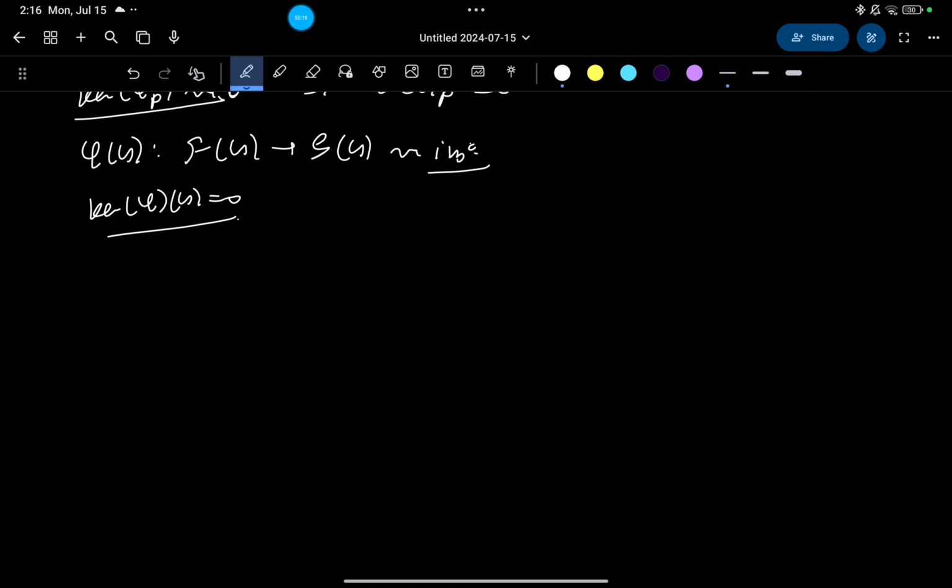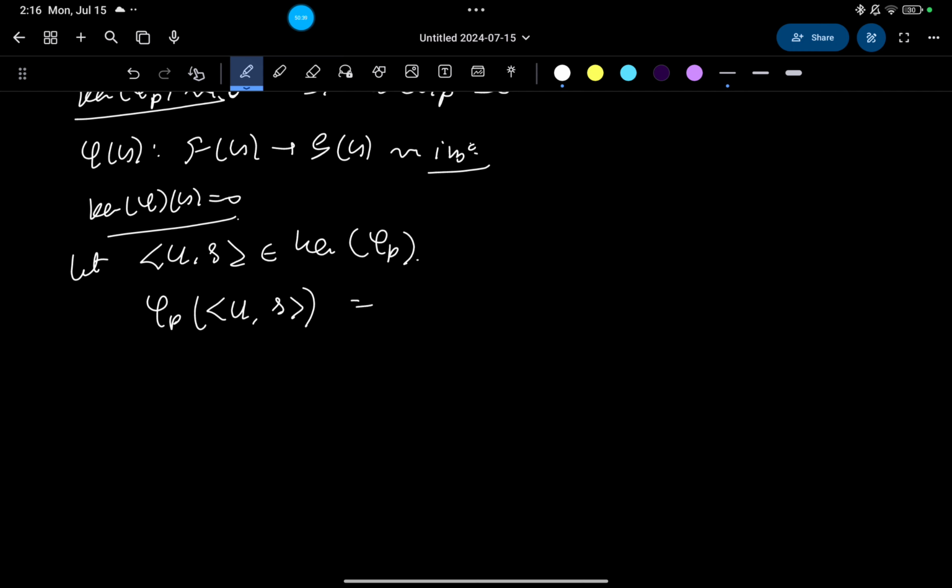Now if you want to show that the kernel of phi is 0, let u comma s belong to the kernel of phi p. So phi p of u comma s is nothing but u comma phi u of s, which is 0. So u comma s